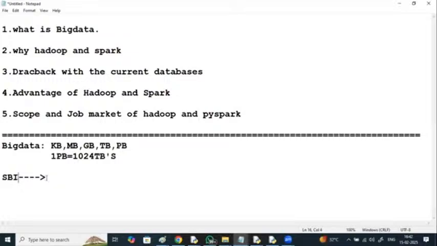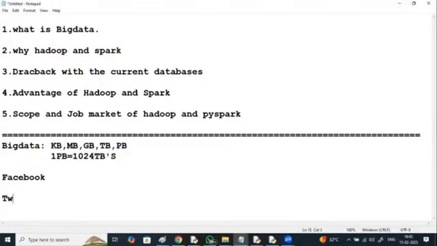Forget about the banking sector, you are aware of social media like Facebook. Facebook has users not only within the country but in the entire world, millions of users. What is the data generated by Facebook in a minute? How many posts and videos are getting circulated in a minute? Huge data. So Facebook generates data in petabytes. Not only Facebook, today different applications generate data in petabytes.